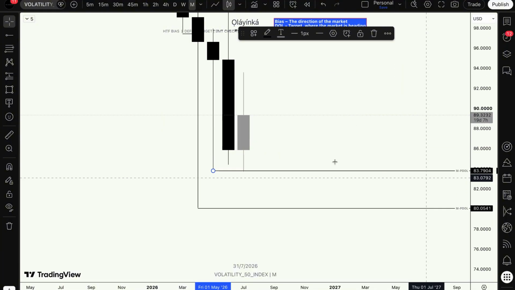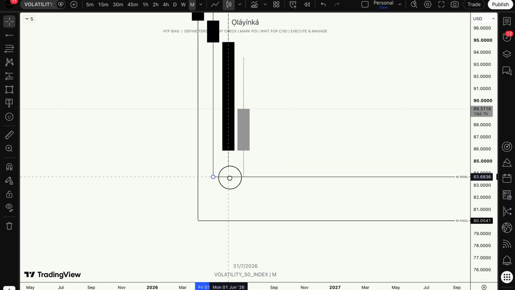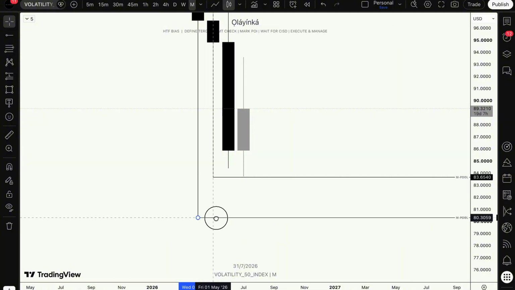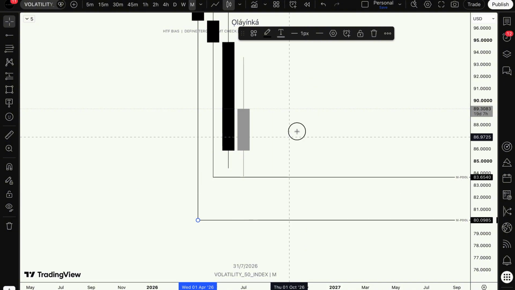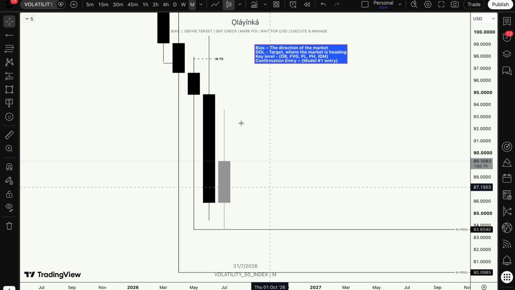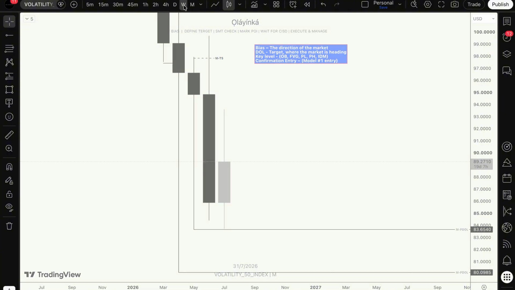So you can decide to, this is another monthly draw on liquidity, right? And this is another monthly draw on liquidity. So this is like a final primary draw on liquidity, but if you are taking it step by step, price is supposed to get to this particular one before getting to this final one. So just take note. So let's go down, so on the weekly,